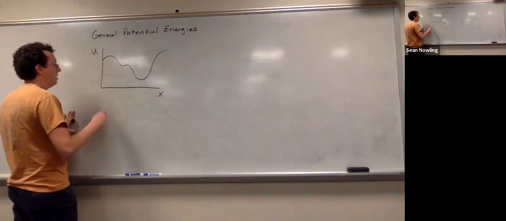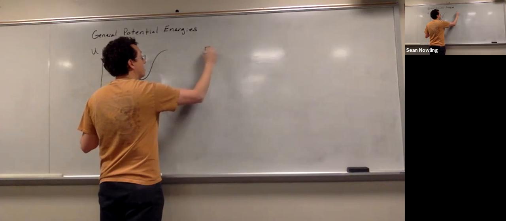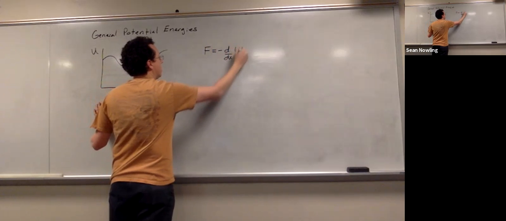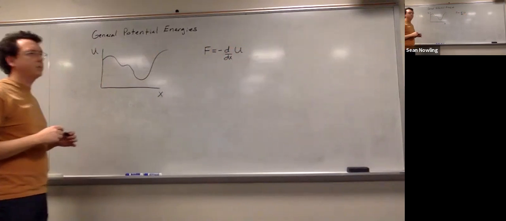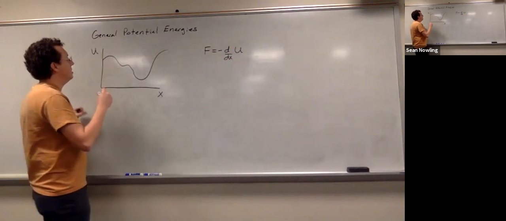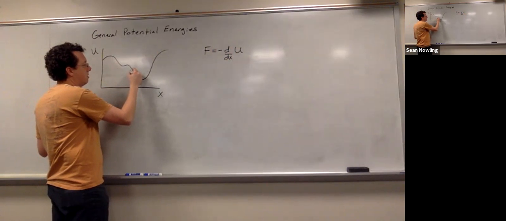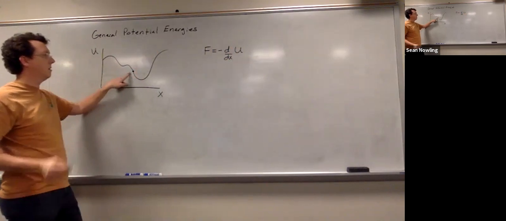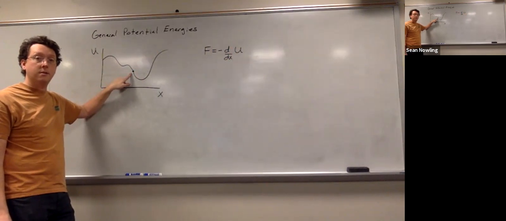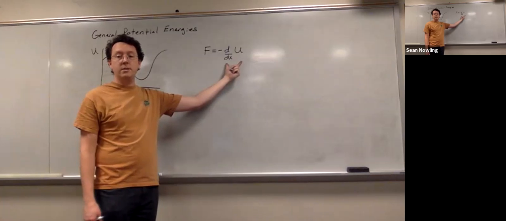We know the relationship between force and potential energy. Specifically, we know that forces, conservative forces, are minus derivatives of energies. So let's just apply that concept to this curve. So let's imagine that someone was standing right here. Okay? At this point on the curve, the slope is negative. If the slope is negative, so this derivative is negative,